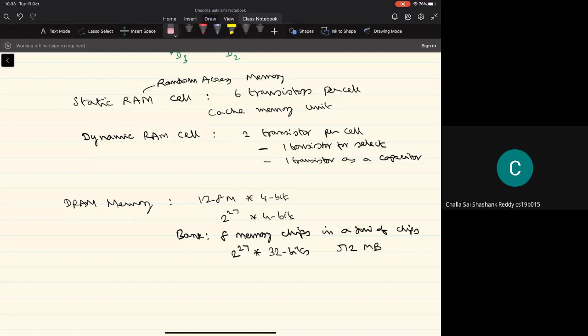So if you want to have a total memory unit of capacity 2 GB, then you'll have 4 such banks, where each bank is of capacity 512 MB.